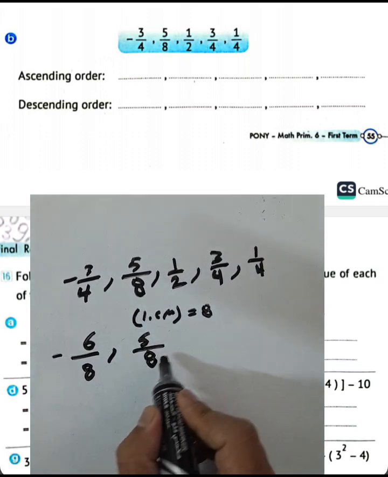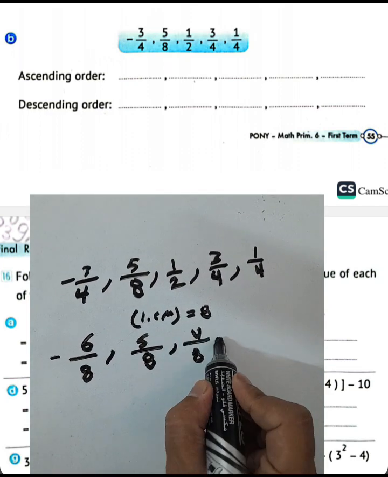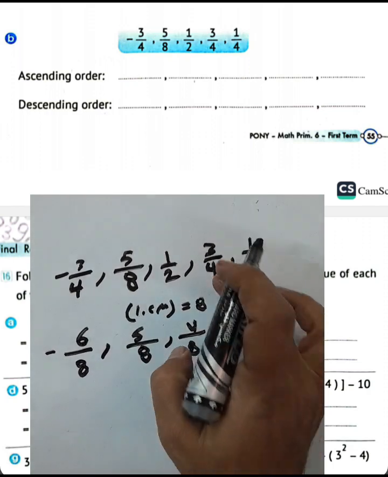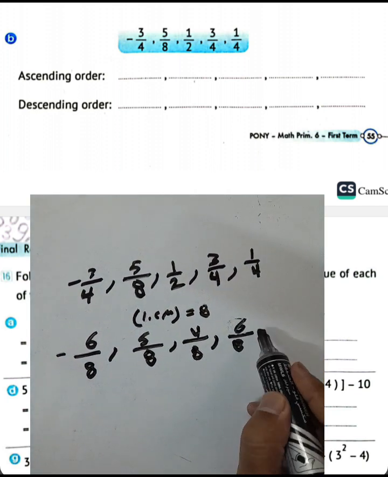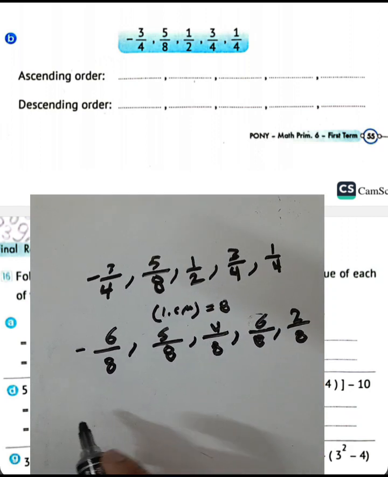And here, this number times 4 equals 8, 1 times 4 equals 4. And 3 over 8, 4. 2 times 4 equals 8. 2 times 3 equals 6. 2 times 4 equals 8. 2 times 1 equals 2. Then